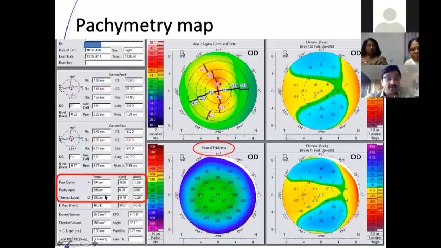And one other small factor which might help you is this x y. What it means is how much one point is dislocated from the center, the geometrical center, that is the back apex of the cornea. If this y, that is the vertical displacement of the thinnest point, is more than 0.5, then probably that is one small pointer noting an abnormality. So that is the second aspect to look at.